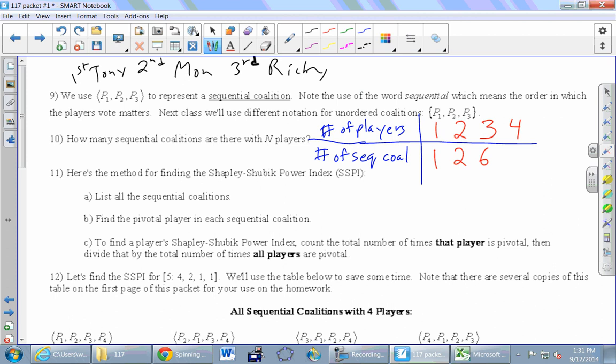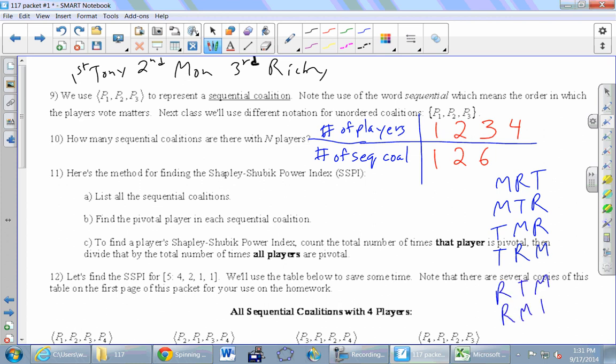Let's do this. I'm going to write down real quick the 6 possible orders that we just had for Tony, Monica, and Ricky. Let's do them alphabetically. So the first 24 is another possibility. M, R, and T. Okay, so here are the 6 possible ways that we could have had the 3 people up here. You don't need to write this down. But those were the 6 possible orders that we had with Tony, Monica, and Ricky up here.